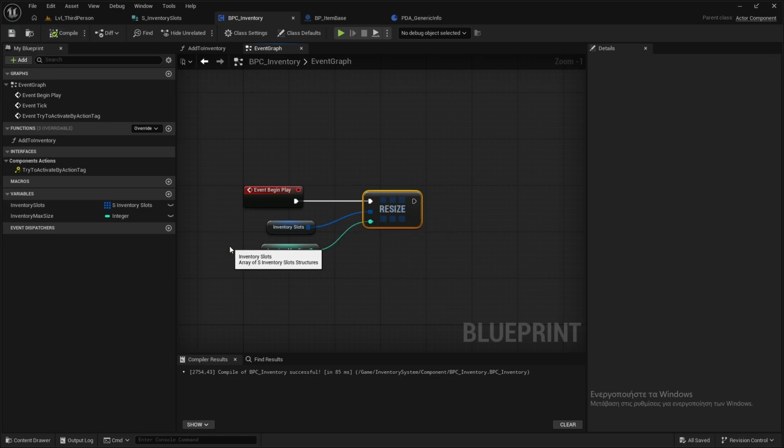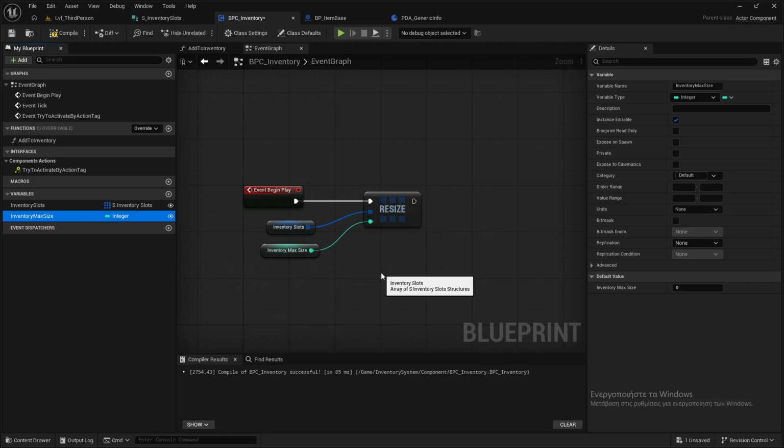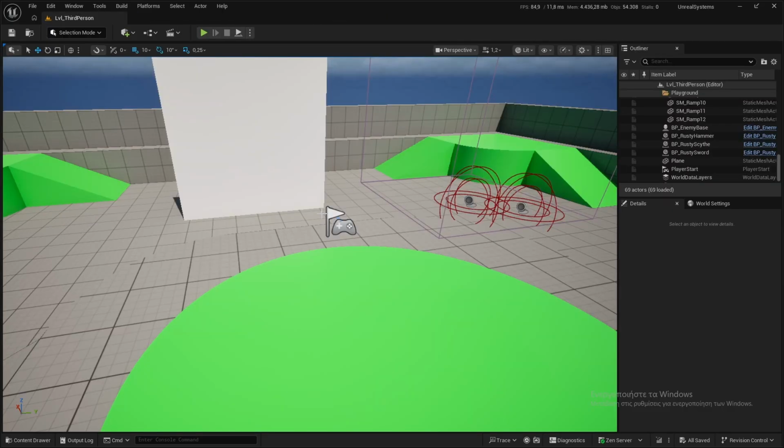I think I will make the variable public and editable, just to see things when I play. So the inventory max size for now, I will give a default value of 10. I can change it. Okay, and if I play now,